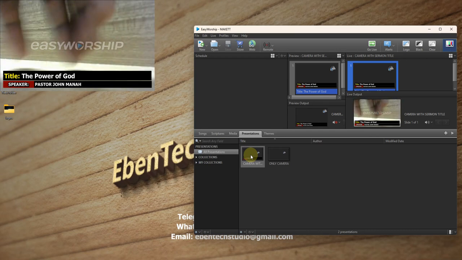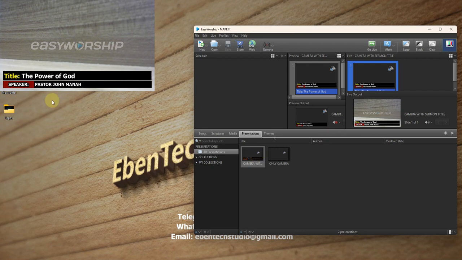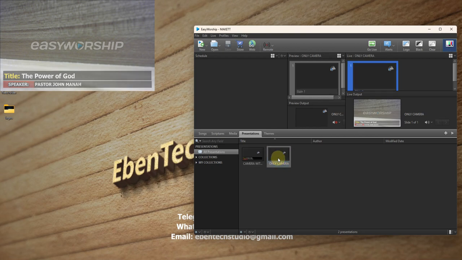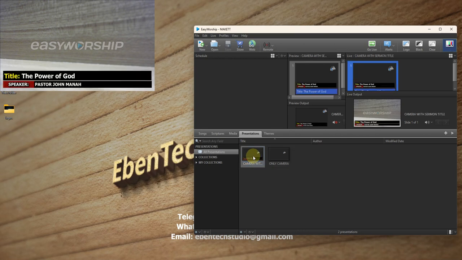So you do this, and then when you want the titles to disappear, you come back to only camera and then it goes. When you want it to show again, you come back and then you can go and edit the content just like you have been doing in your Vmix, your OBS, and whatever software you have been. You can create teams and presentations in EasyWorship, bring your camera in here and then be doing the same thing that will show on your TV screens. All right, so with that being said,